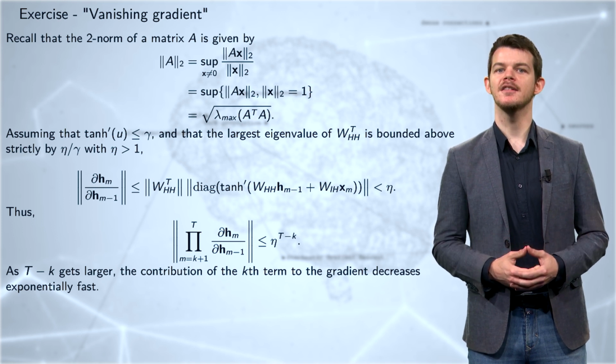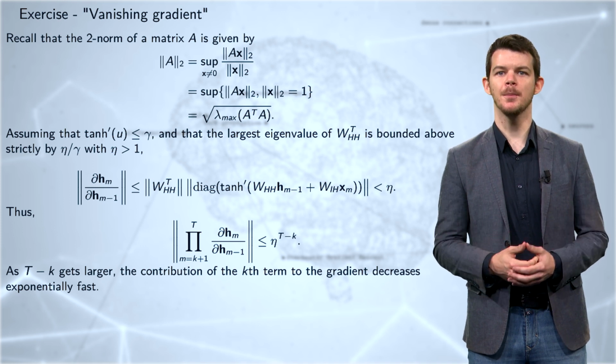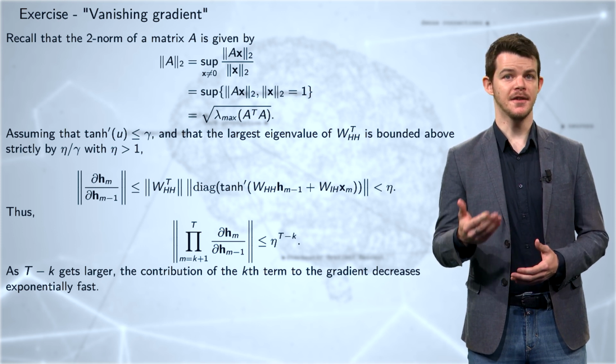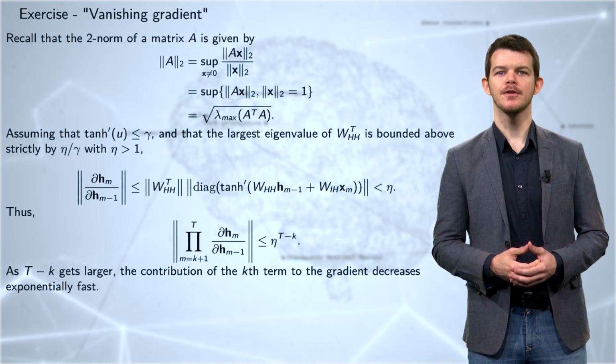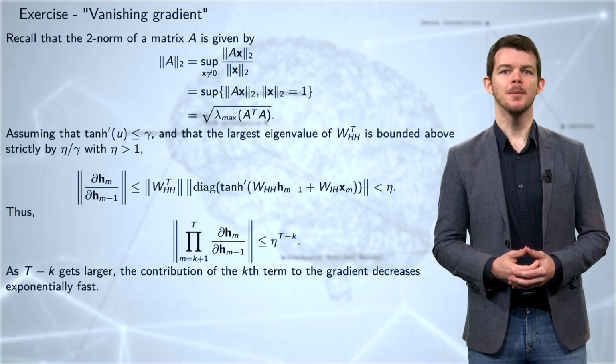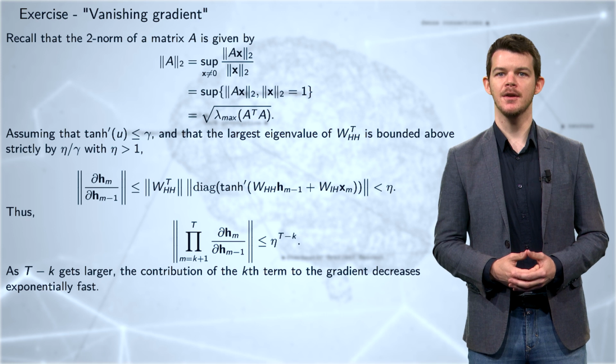Note that this phenomenon is different from the vanishing gradient phenomenon, since here, no component of the gradient is going to 0, which was the case for some components in RNN. Instead, for each component, the long-term dependencies disappear. Therefore, we will talk about the lack of memory of RNN instead of the vanishing gradient phenomenon, even